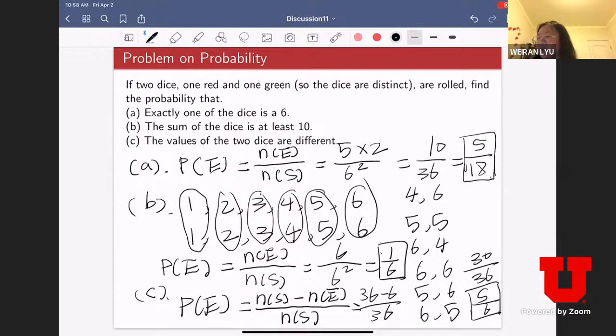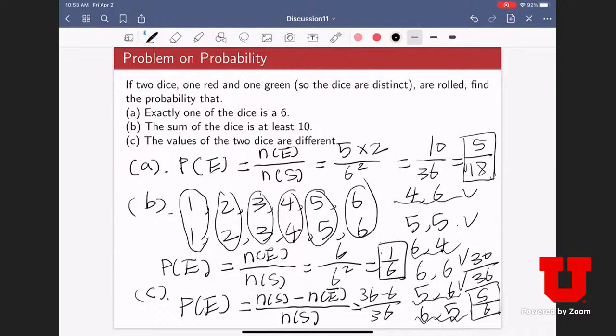So if we have two identical dice, right here, we're not going to count all of this. So 4, 6 and 6, 4 should actually be 1. We'll only count it once. And as well, 5, 6 and 6, 5 should also be counted once. So right here, we should only have 1, 2, 3, and 4 pairs instead of 5, instead of 6. So the probability would be lower